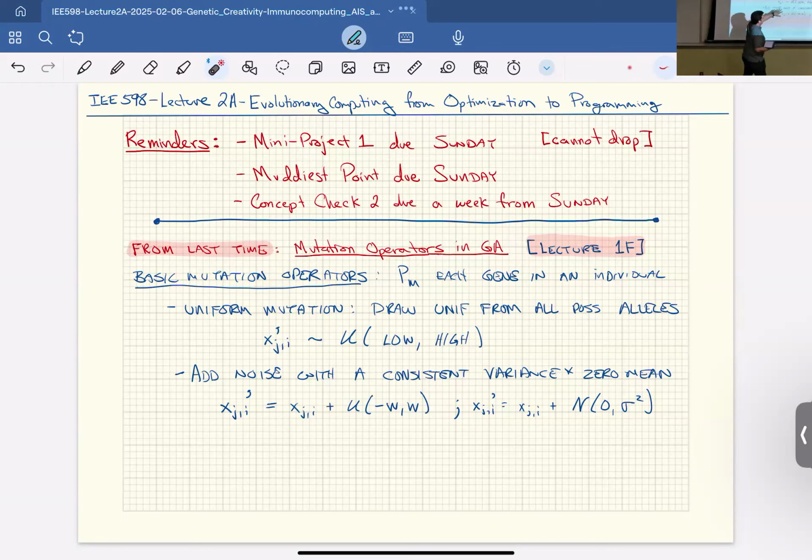If you have the same large variance, then even if they find a good place in your fitness landscape, they might move away from it, and you're constantly battling to get them back, because very frequently you're drawing values that are far away. So that's why non-uniform mutation gives you an option